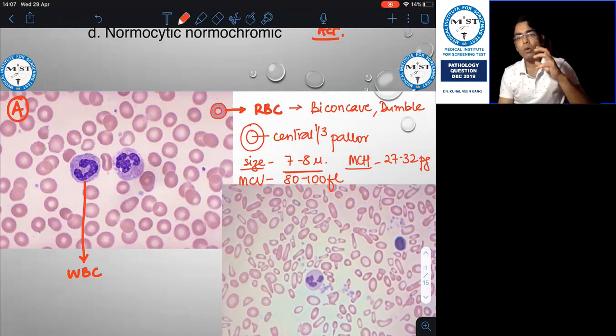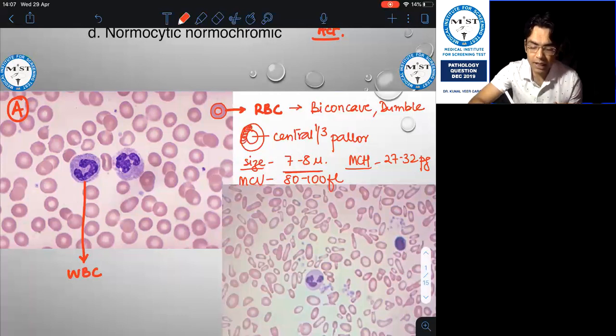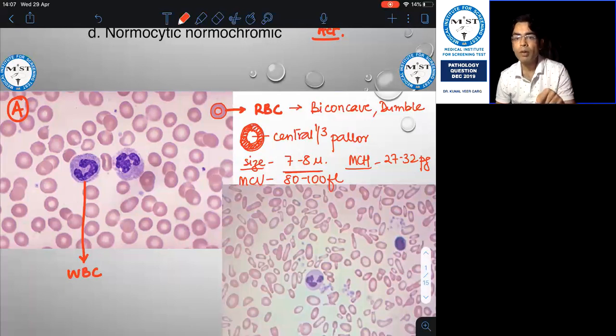Okay, now what is going to happen when the volume is going to go low? When the volume is going to go low, the RBC will become of a small size. So a small size cell is microcytic. Cyte means cell, micro means small. When the volume is going low, the size of the cell is becoming small, so we call it microcytic. And when this RBC contains hemoglobin, I'm making it with this red color, this hemoglobin when it is normal,